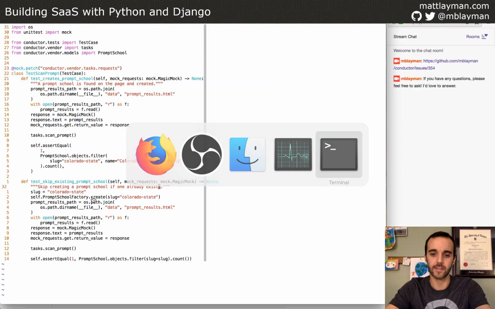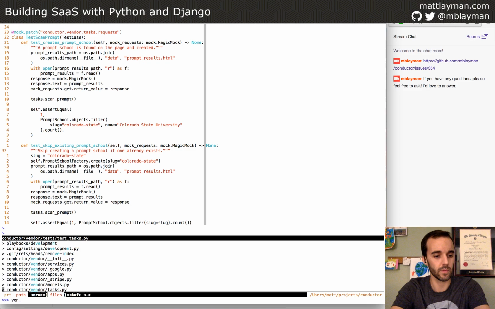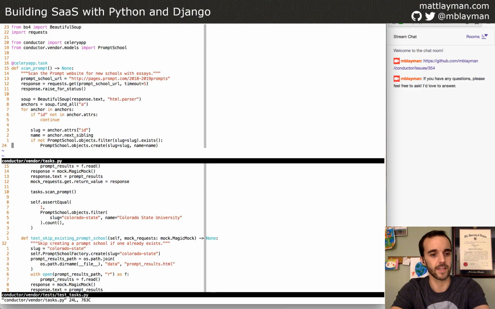So let's look at the code, shall we? We're working from this vendor tasks file, and the task, ultimately a task. So what is a task? A task is